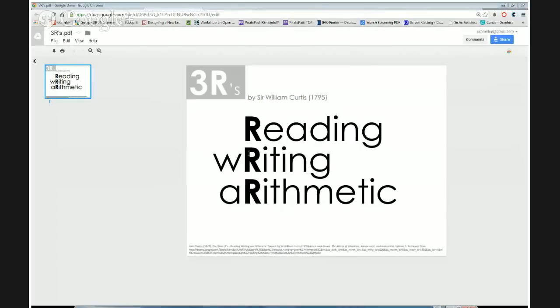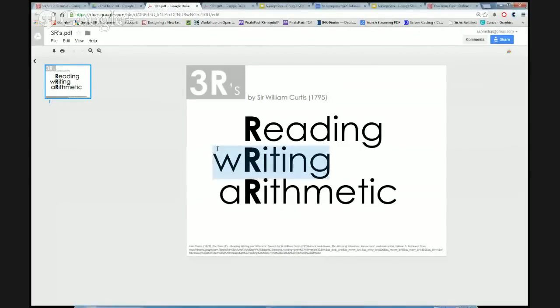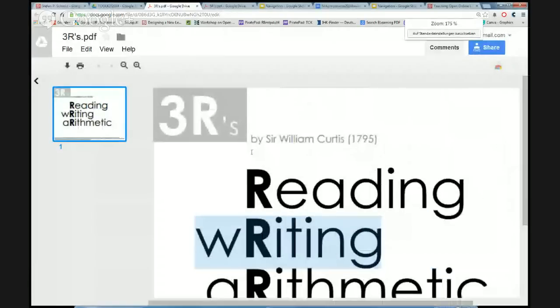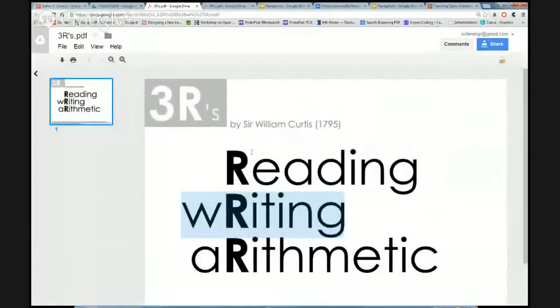So this was defined as basic literacies that humans need back in 1795, and there were only 3. Right now, this is not complete, and it's not something that will help us move forward in the new technology world.